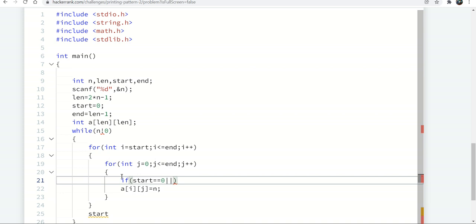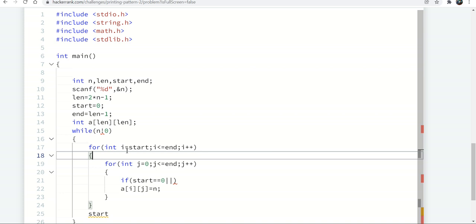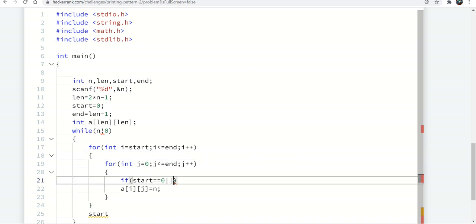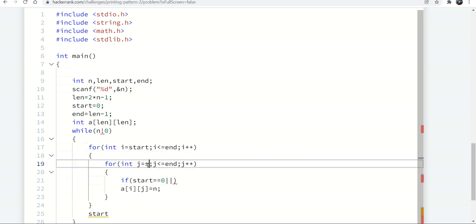For I equal to 1 it will print all the things, like that. So for I equal to 0 this whole thing will run, then again for I equal to 1 the whole thing will run, I equal to 2, then the whole thing will run. Understood? Let me write here.